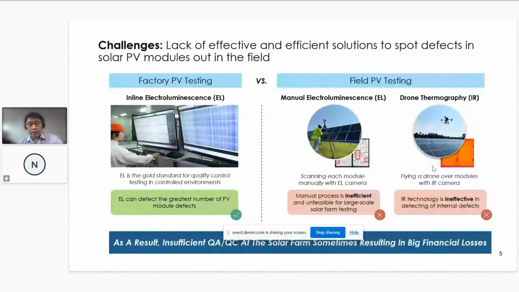EL is the golden standard quality control testing for our industry. You can see that this equipment for inline EL is almost the standard way to check the internal defects of PV modules. But then if you look at the current technology for field PV module testing, as summarized by Nicholas in his presentation,